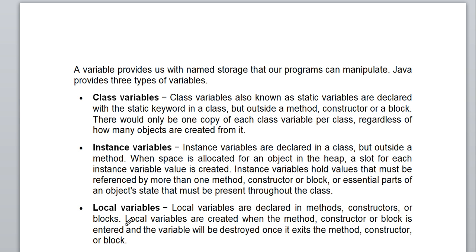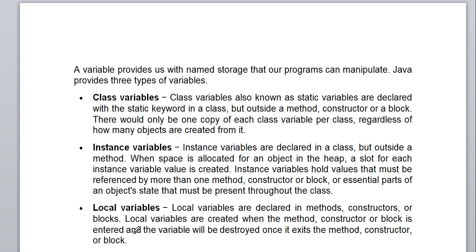But these kinds of variables will be used inside that particular block only, so they have a scope within the block. Local variables are created when the method, constructor, or block is entered, and the variable will be destroyed once it exits the method, constructor, or block. It means outside the method we are not able to use these variables.